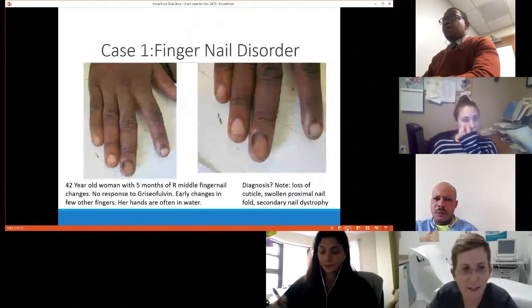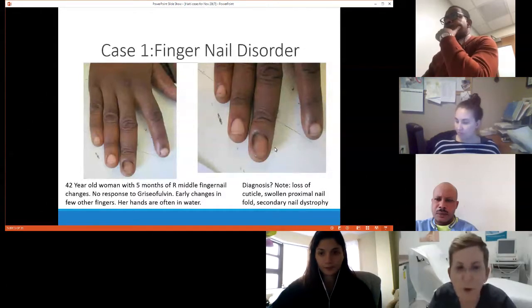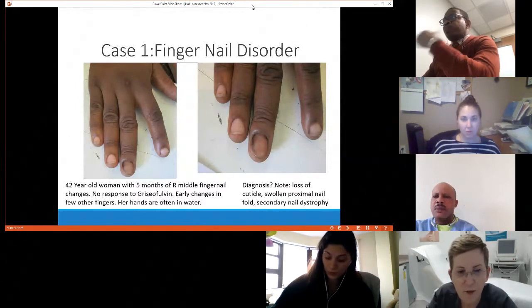So here is a case. This is a 42-year-old woman with 5 months of nail changes. She had no response to a full course of 3 months of griseofulvin. In the early